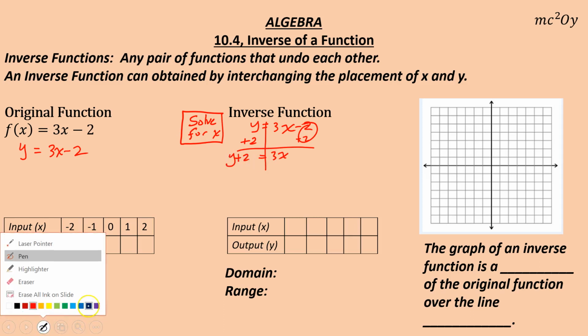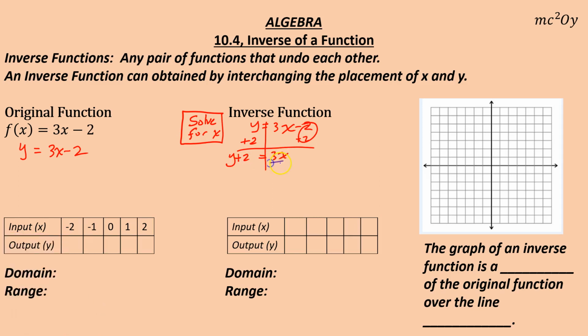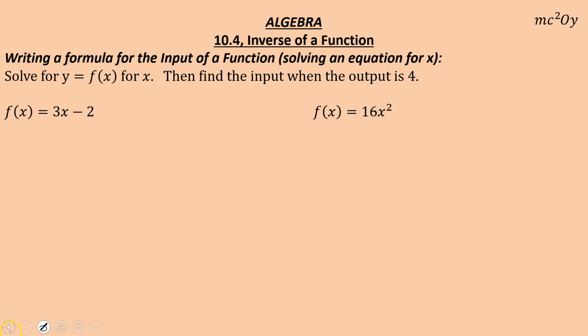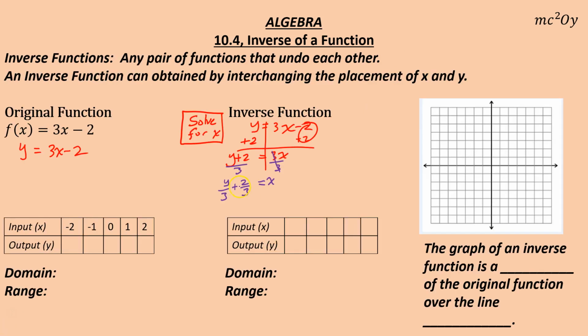I then divide both sides by 3. I end up with 1x equals y over 3 plus 2 over 3. Notice we divided both parts by 3. Now, I guess you could leave it as x equals y plus 2 all over 3, but I write it in this format just because of our next step here,